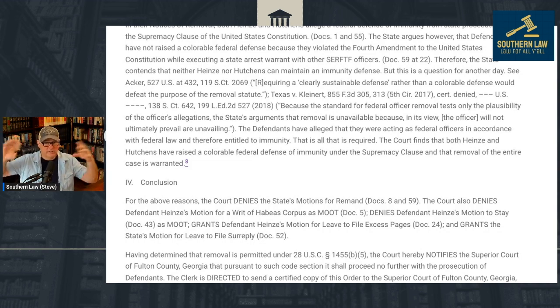And then once they succeed there, they're going to ask the court to recognize their defense that the acts alleged were within the scope of what they were allowed to do as representatives of the federal government. It was within these parameters. And if they do, then the court should dismiss this case because they have federal immunity.